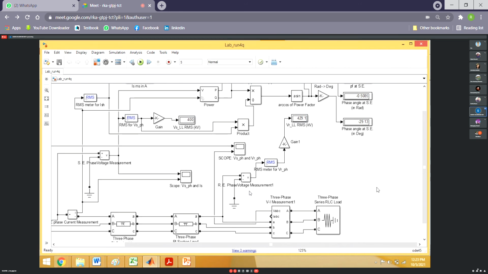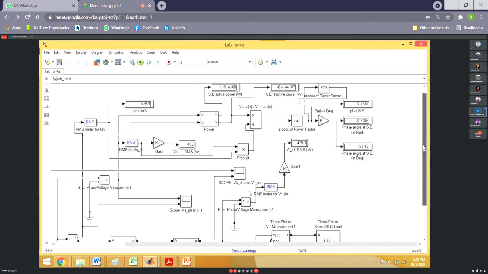And voltage regulation you can calculate because L and C are known, so you can calculate A of the line. So you know A of the line, and the magnitudes of VR and VS, so using the formula you can calculate the voltage regulation. Anyway, that is the report part.